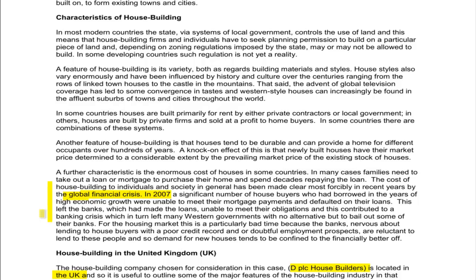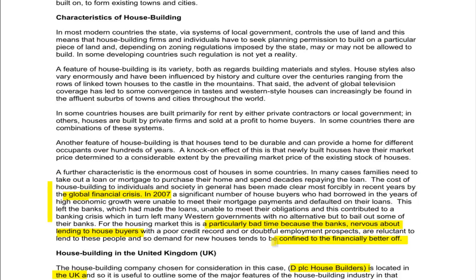And I've got some figures for you on different markets that I'll share with you in just a few moments' time. So up until 2007, a huge boom situation. But since then, it's been a very difficult time for the housing market. As it particularly says down here, it's been a particularly bad time, mostly because the banks are nervous about lending to house buyers. Banks have had a difficult time of it, and not that we particularly feel sorry for them, but they've lost lots of money on bad debts from before, and their reputations have been bad. They're not wanting to take any risks in this instance,